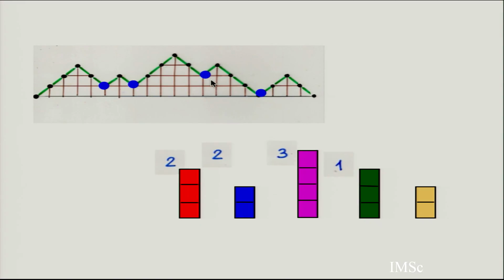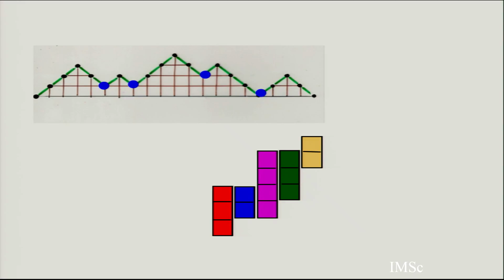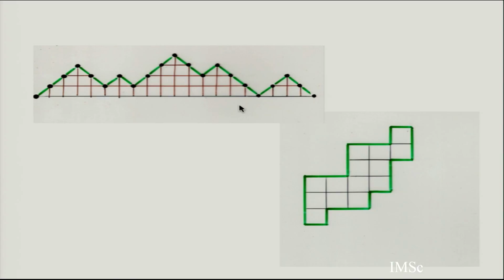So I put this blue number between the columns, and you glue them according to the blue number. And there is only one way to glue them if you want to have a staircase polygon. Of course, if it was only a vertically convex polygon, then you have two different ways to glue each column together. But here, only one way, when the columns are always shifted to the northeast. So you glue them together and you get back your staircase polygon. So that's the first fundamental bijection of the Catalan garden: staircase polygon to Dyck path.